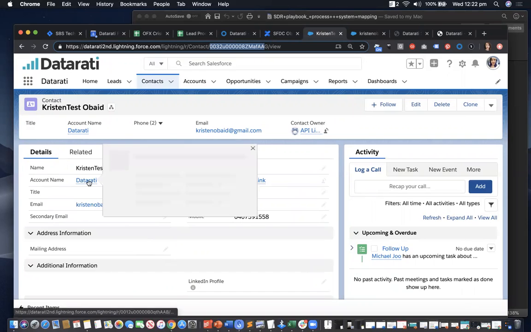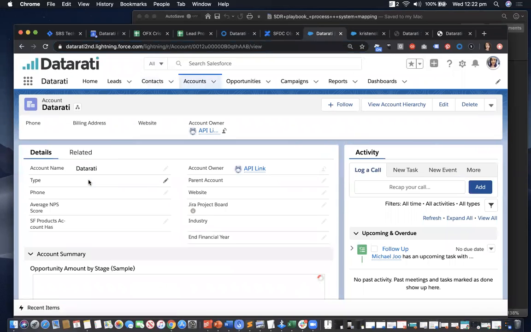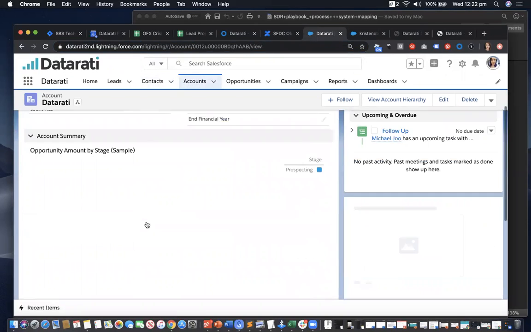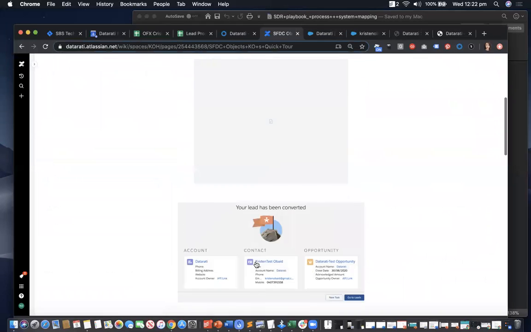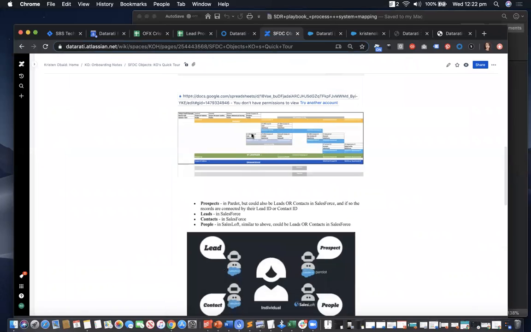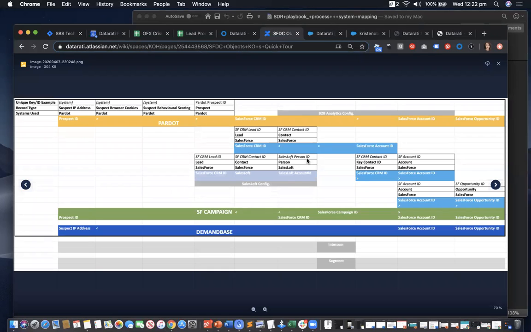So here, this is my account. See how I've just jumped between objects. I clicked on the contact and I jumped to the account. That is because of the way these two objects are connected: my contact ID is now connected to